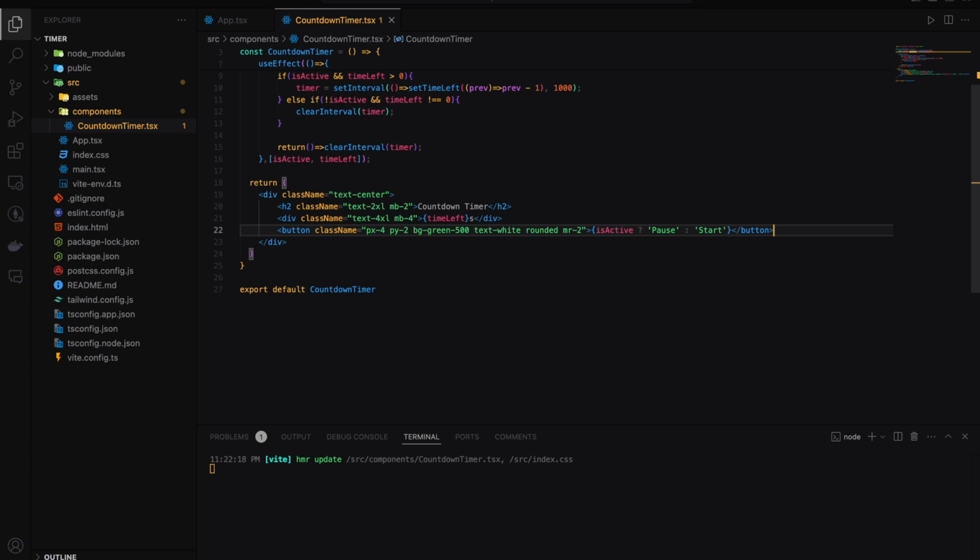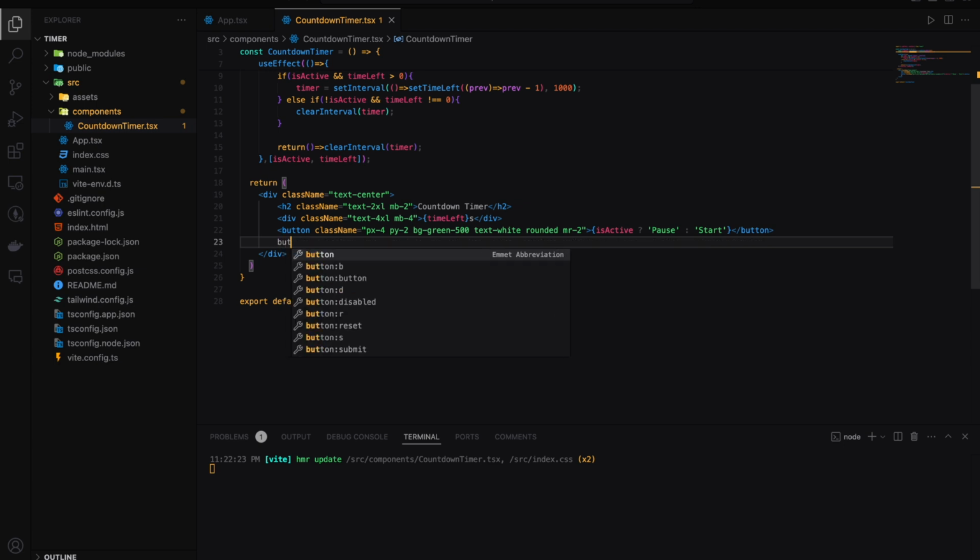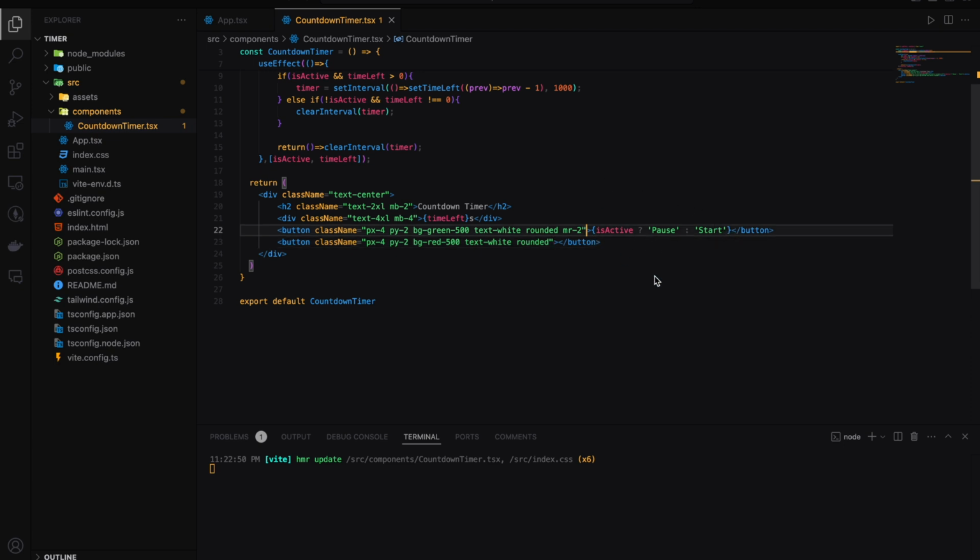Okay, and below this button, we have one more button, that is for reset. So for the button give a class name. It's the same px-4, py-2, and the background color is going to be red-500, and the text is going to be white, also rounded, and that's it. So okay, we have to make an onClick function here in the previous button and also